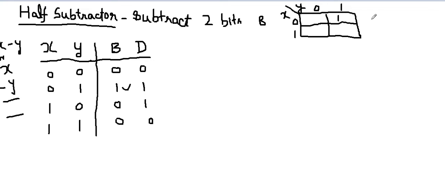So we can directly write that for borrow, we have borrow equal to x complement and y, because x is 0 and y is 1, so we will write x complement and y here, right? And for D, which is your difference,